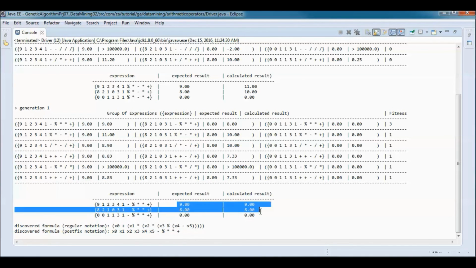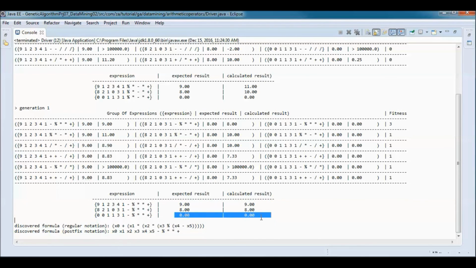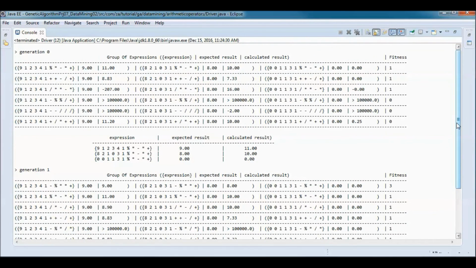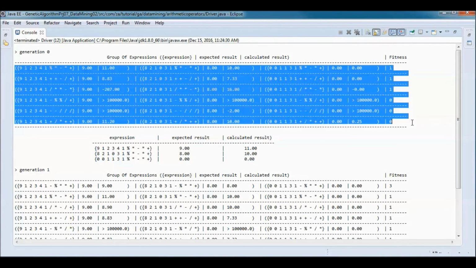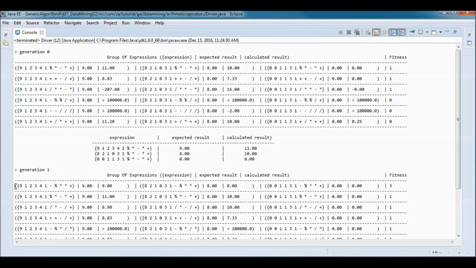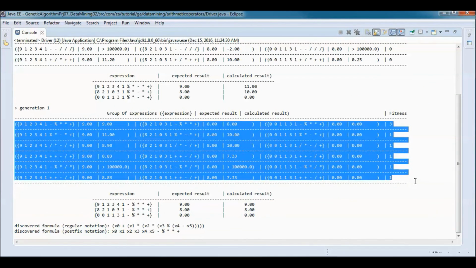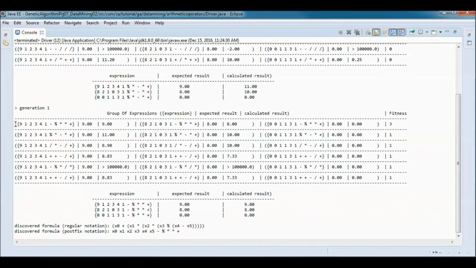So here all the expected results and calculated results are equal. And we have all the groups sorted by fitness in each generation. So this group has the highest fitness.